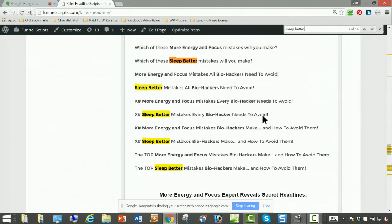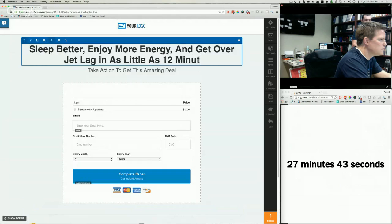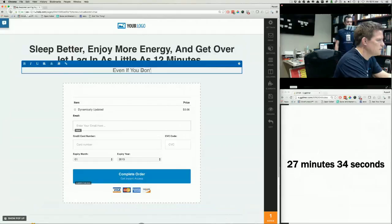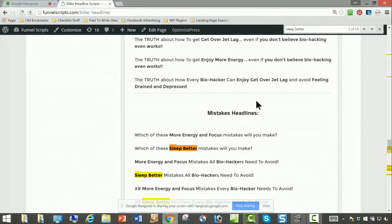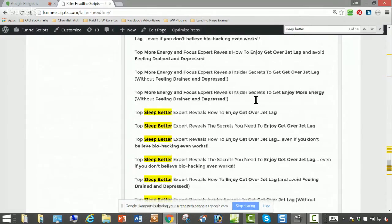And then what I would do, let me know if you got that. Then I would do this. I would do a subheadline that says, even if you don't know what biohacking is or don't believe it works. Something like that. Some kind of a thing, one of the things that they say in, well,